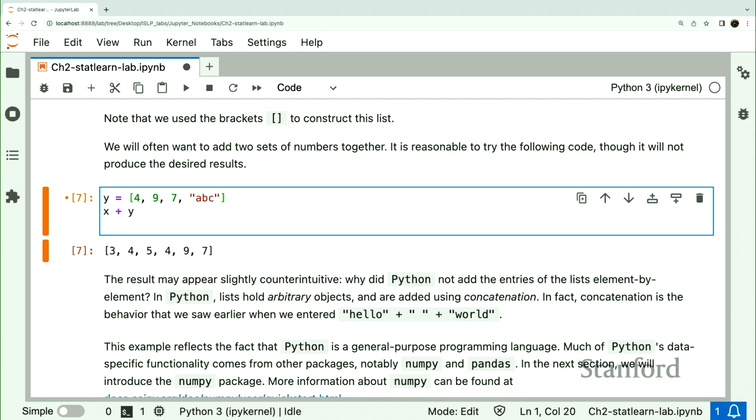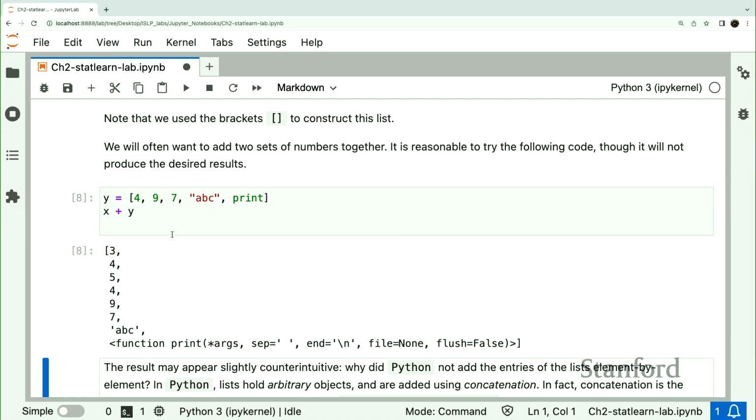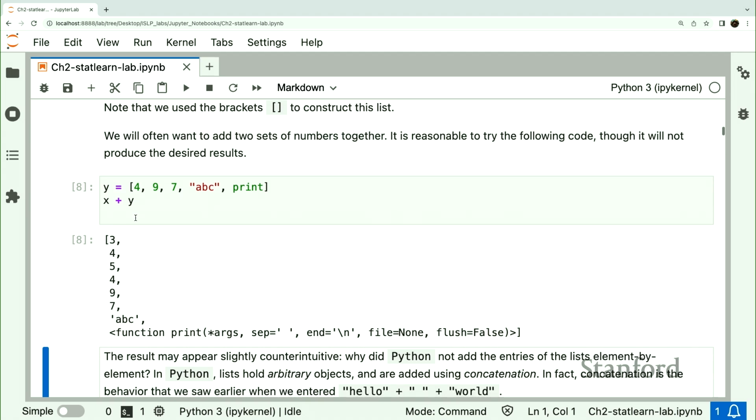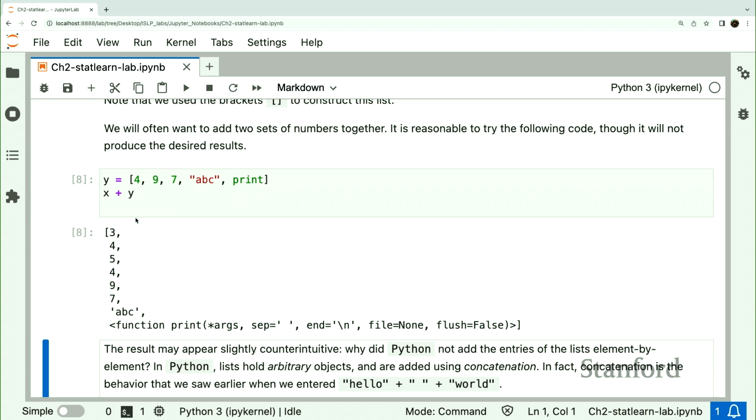And we could have other things as well. We could have even print, which is a function. We could add that to the list. And when we add it, you'll see it concatenates X with this new list Y. So lists are just sequences of any arbitrary Python objects. There's another type of sequence we'll see in a minute called a tuple that looks a lot like a list but is slightly different. Anyways, this illustrates that Python has a lot of generic programming functionality that really has nothing to do with numerics,